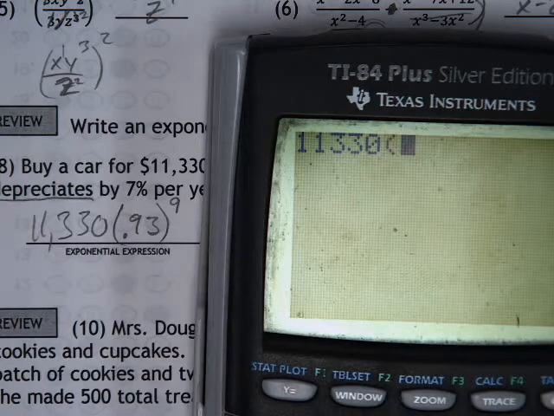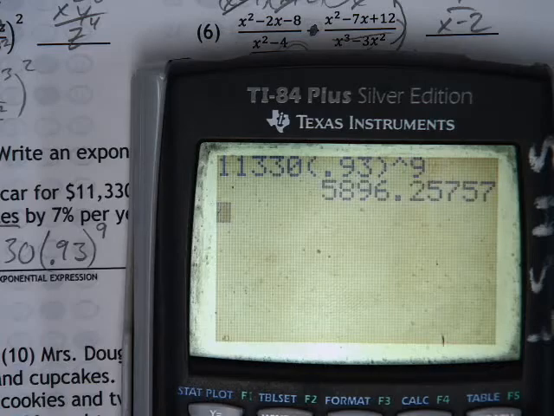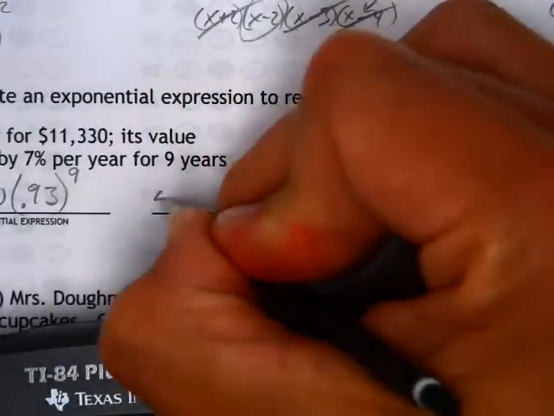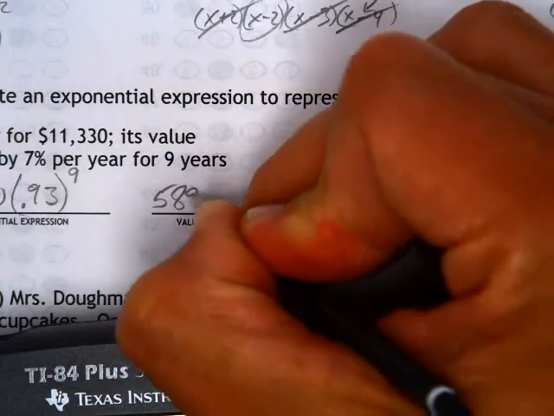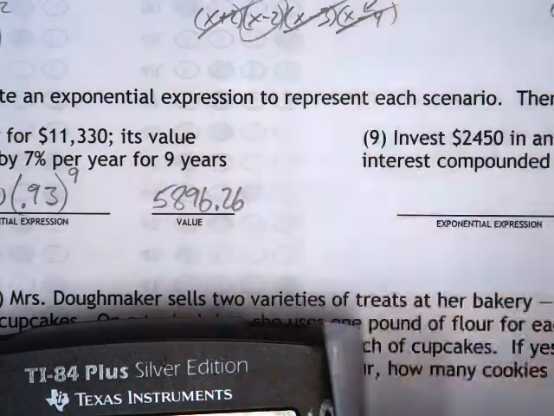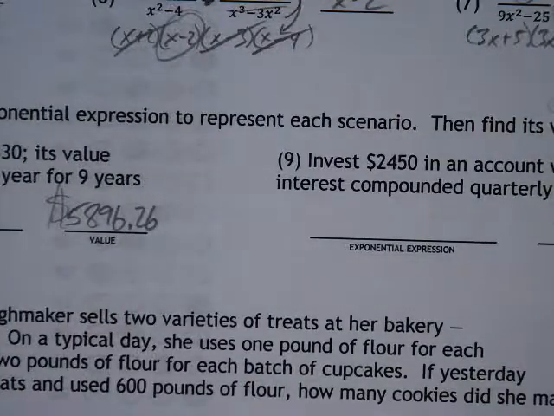11,330 times 0.93 raised to the 9th power. And that gives you a grand total of depreciation, 5896.26 if we're talking dollars, and we are. Right. Over here we're investing